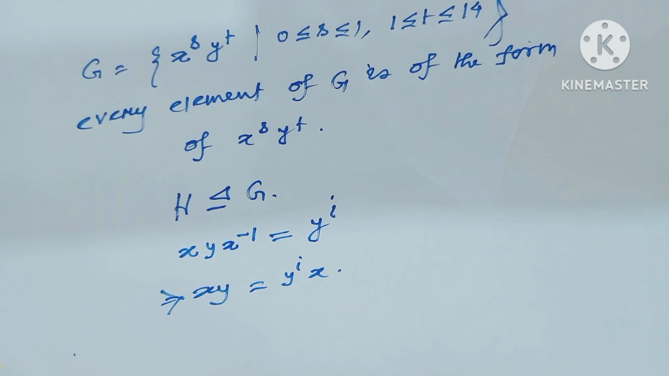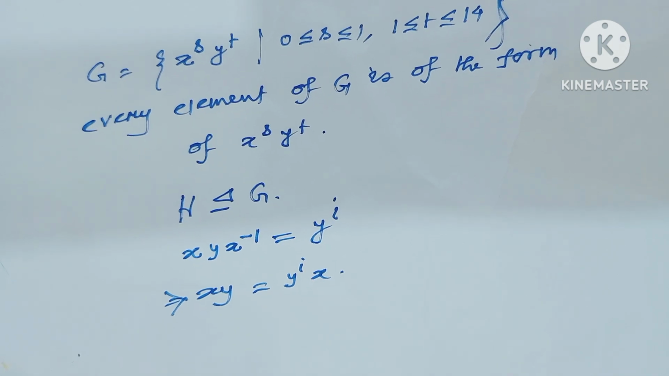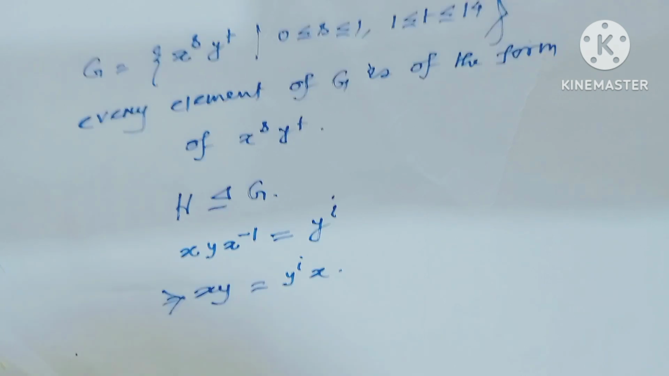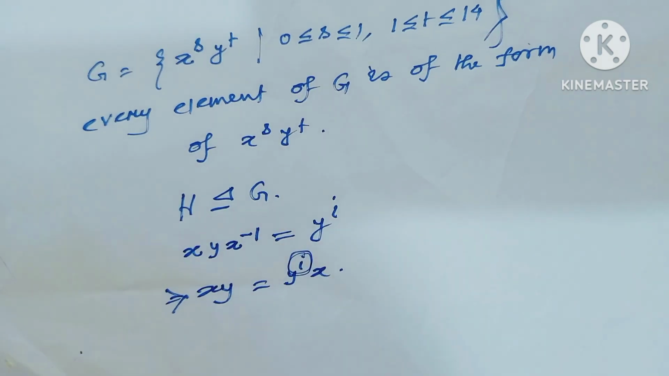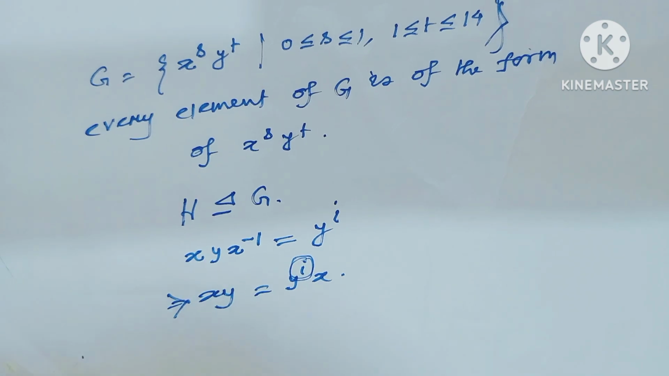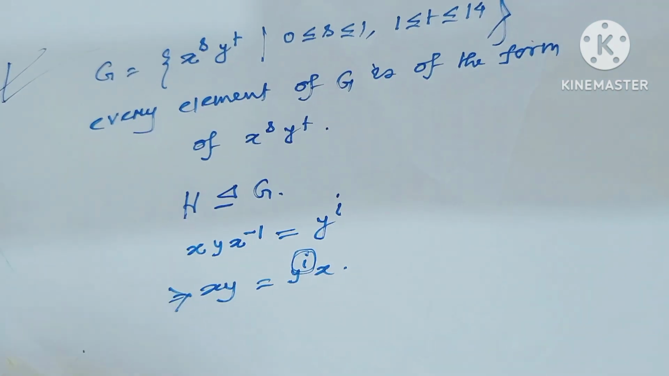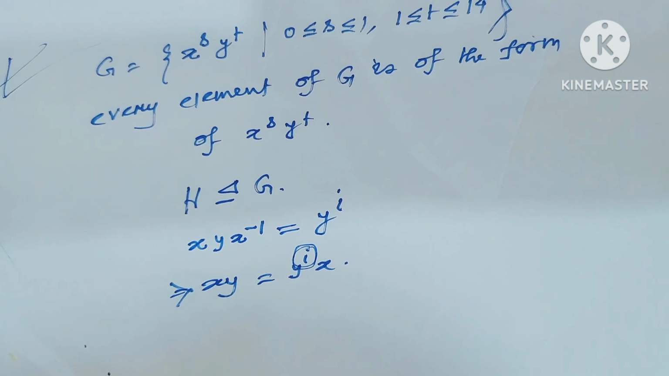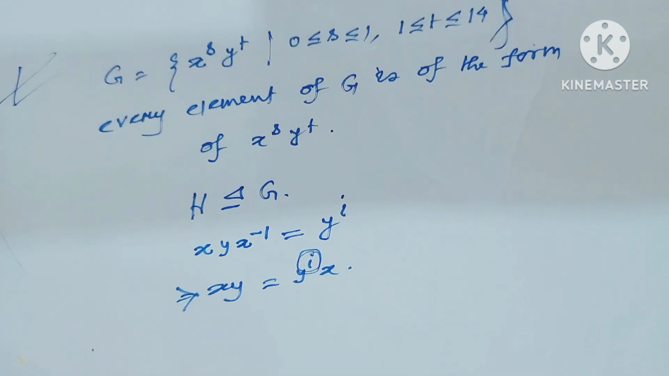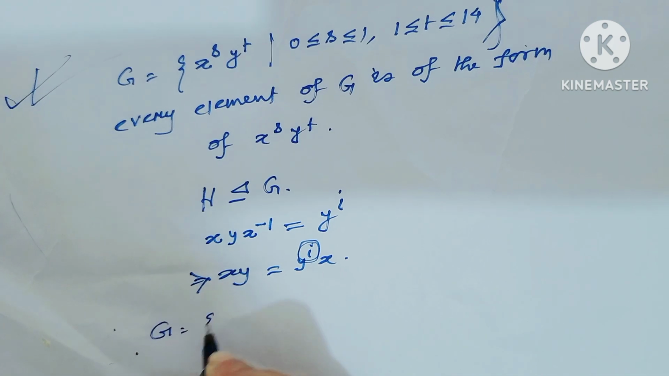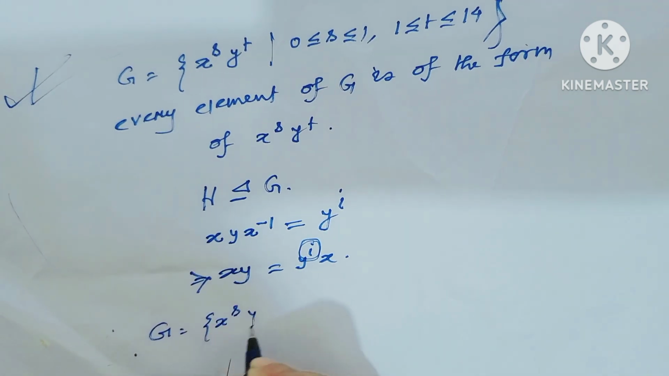That means the structure of the group would depend on this value of i. By this value of i, we can construct this group G. We can construct how many non-isomorphic groups of order 30. Therefore, by this we can write G equal to ⟨x^s, y^t⟩,